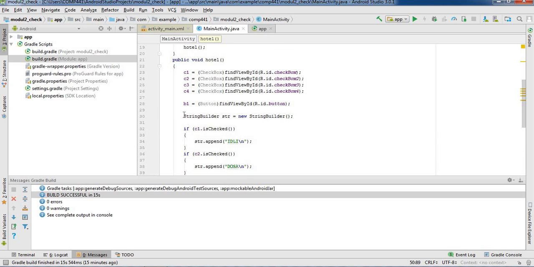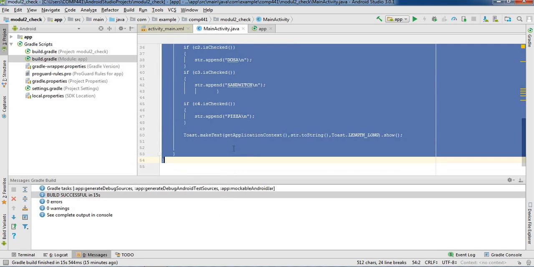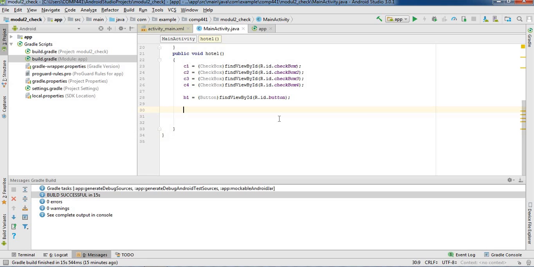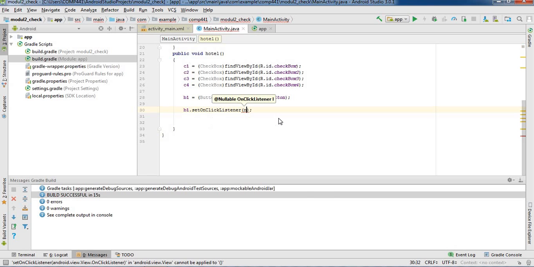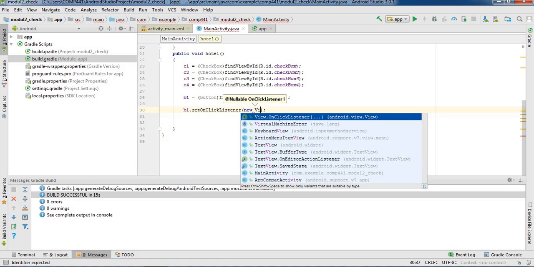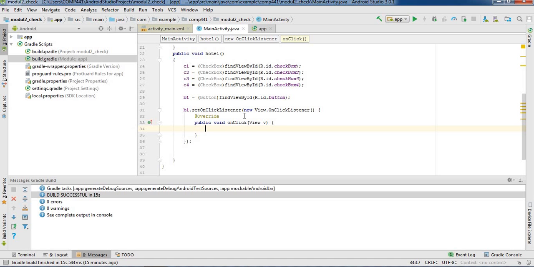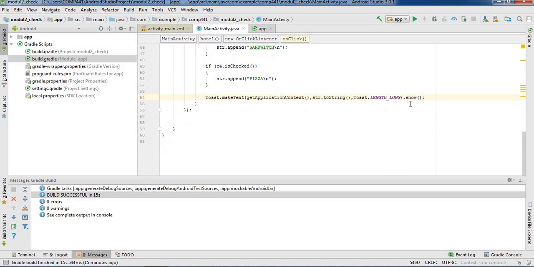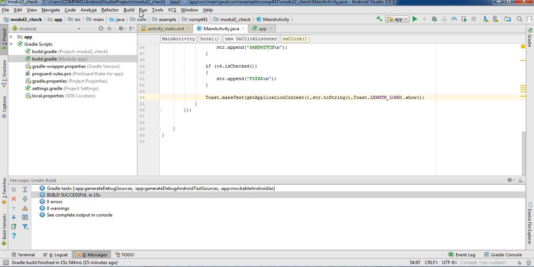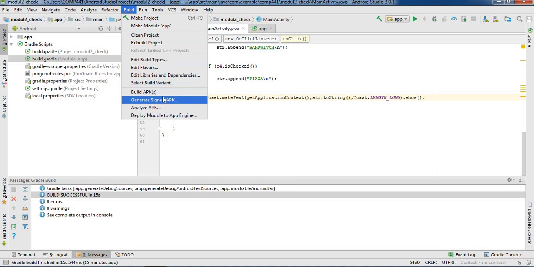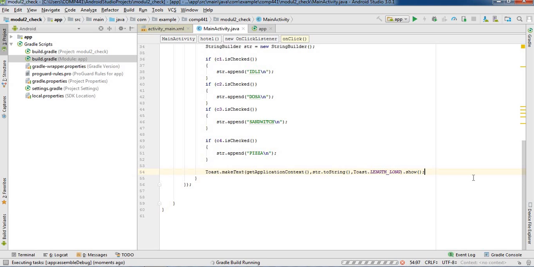Okay, और हम ये जो कोड है हमारा, ये कोड जो बनाया है वो कोड हमें लिखना है B1 dot setOnClickListener new View.OnClickListener. Okay, तो ये जो कोड है ये B1 के setOnClickListener पे लिखना है हमें। Okay, तो वो कोड मैंने ये B1 को क्लिक करने के बाद क्या होगा उसमें लिख दिया है। Just I am going to check it out by using a build option, build APK. अब अगर APK form होता है तो हमारा कोड correct है और हम चेक करेंगे।